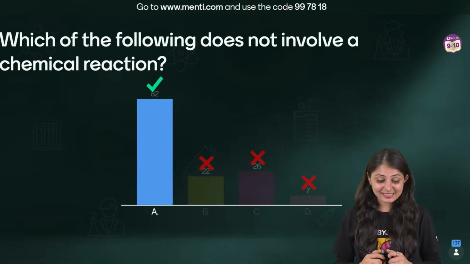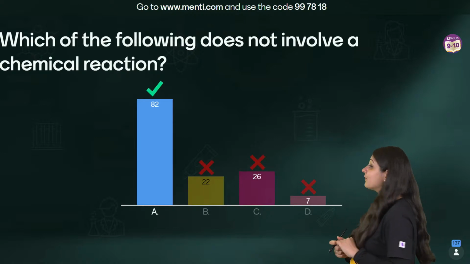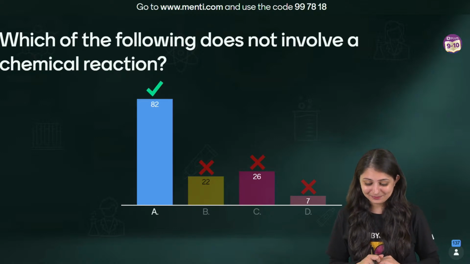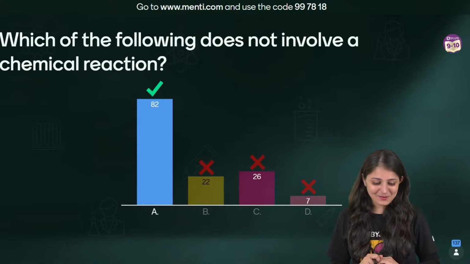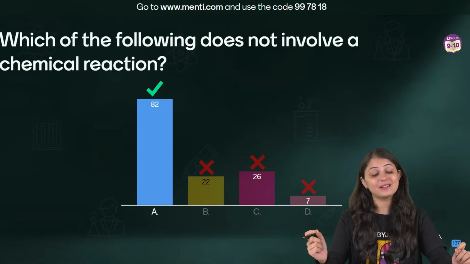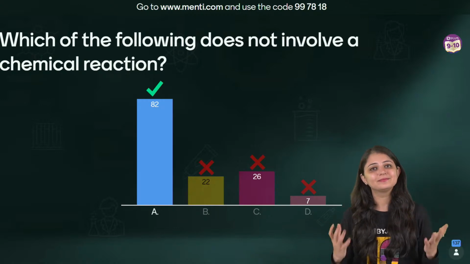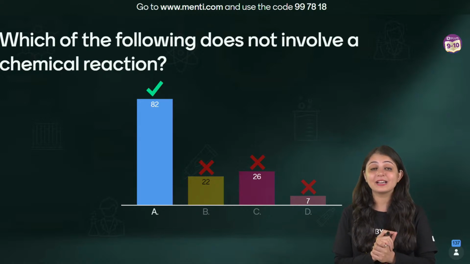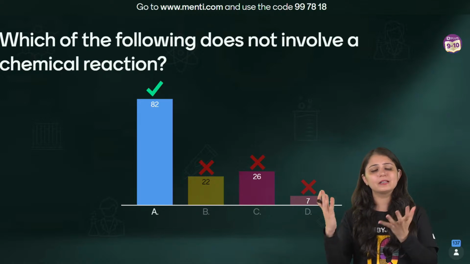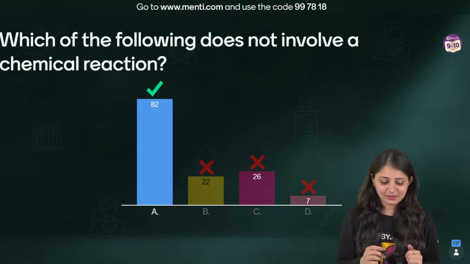All right, let's see. Hey, 82 of you got the answer right. Not bad, not bad. Well done. Yes, option A was evaporation. That is absolutely right. It does not involve... See, 2 options में तो burning ही था. So of course, वहाँ तो chemical reaction हो रहा है. Curdling of milk, milk is changing to curd, again a chemical reaction.